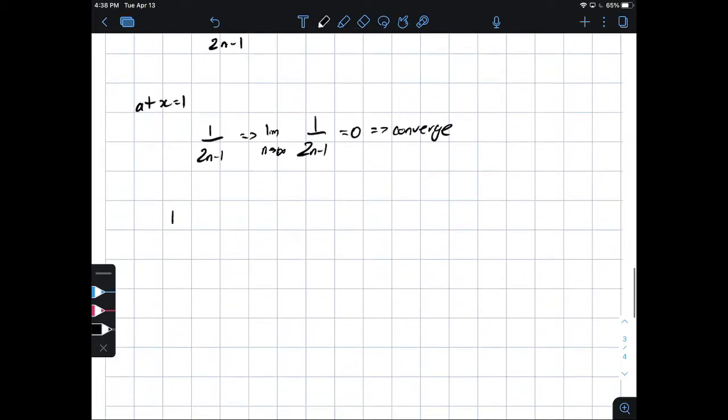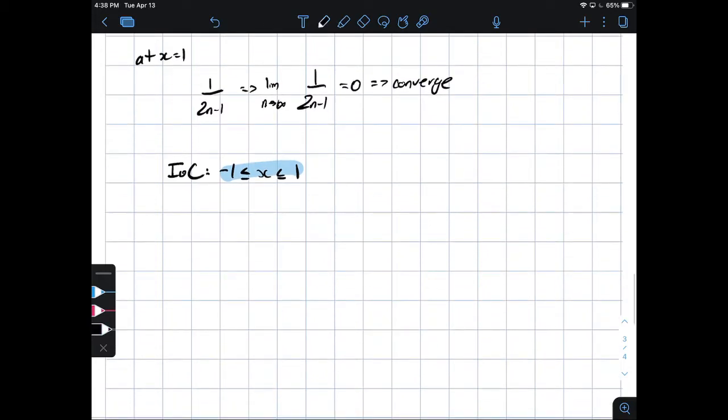And so our final interval of convergence is actually going to be equal to negative 1 is less than or equal to x, which is less than or equal to 1. And that is our final answer. Confident in that. Okay, so that wasn't too bad. A little hiccup, but that's okay. And I think we'll jump to writing a Maclaurin series for a given